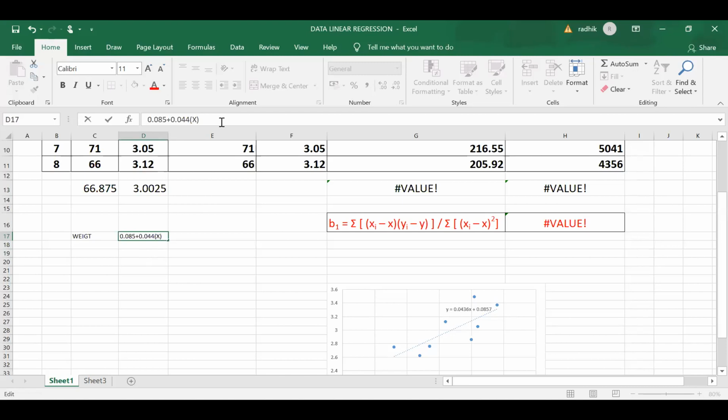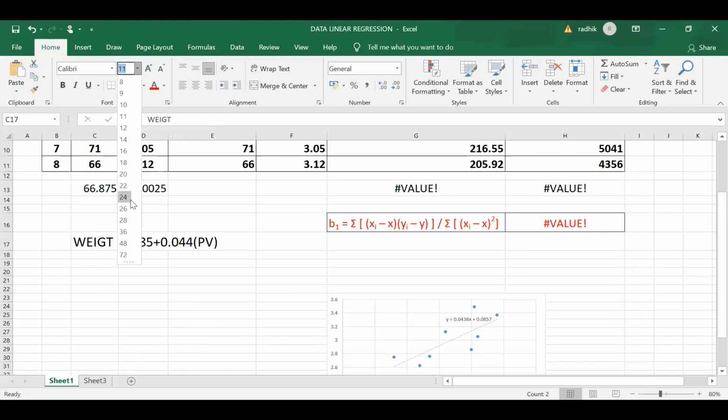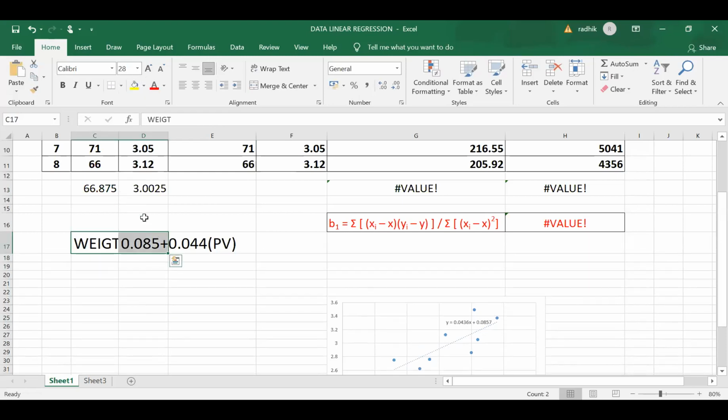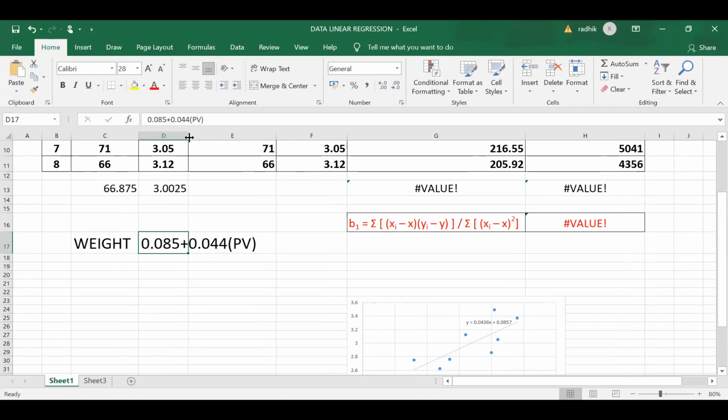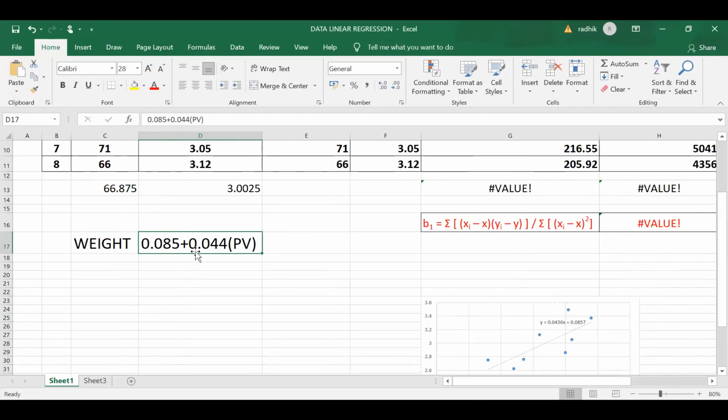Write it as plasma volume. So this is the regression equation: weight is equal to 0.085, that is the constant or the intercept, plus 0.044, the beta regression coefficient value, into plasma volume.